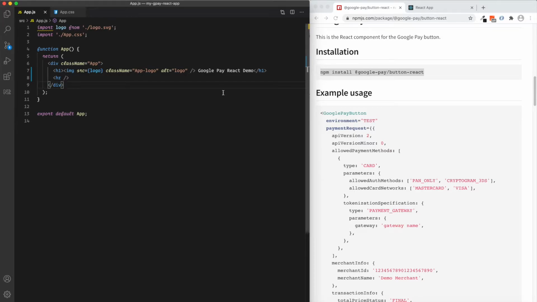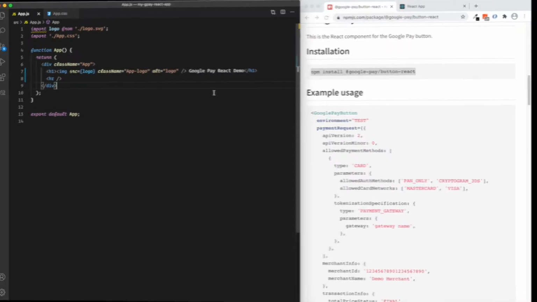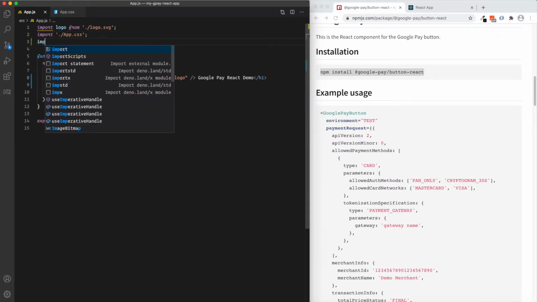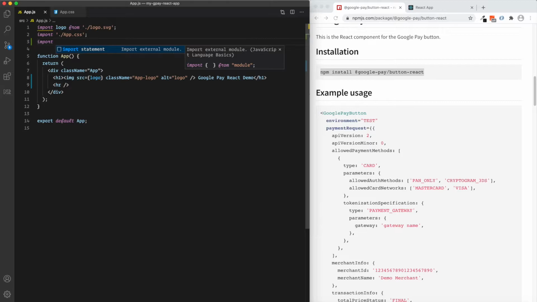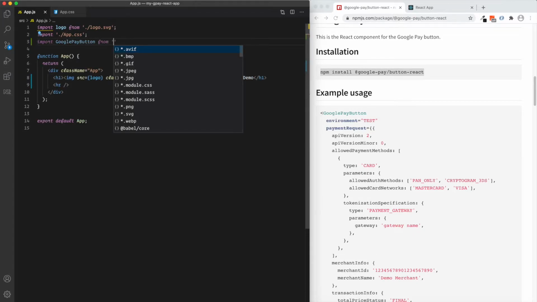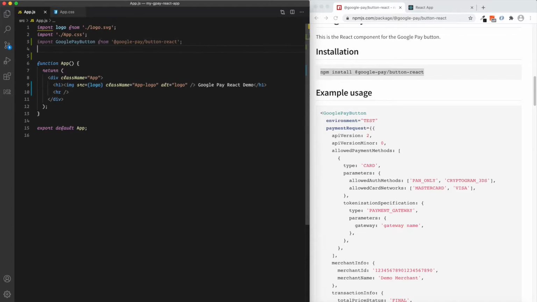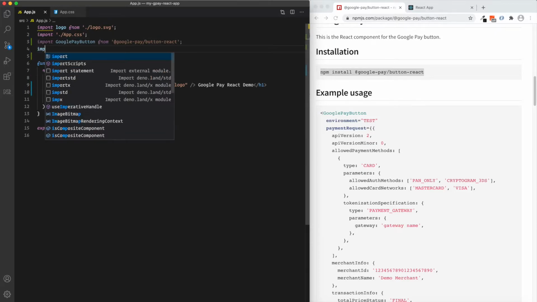Let's start to include this Google Pay component in our React app. So first, let's import the Google Pay button from Google Pay button React, and the second package we need is React basically.